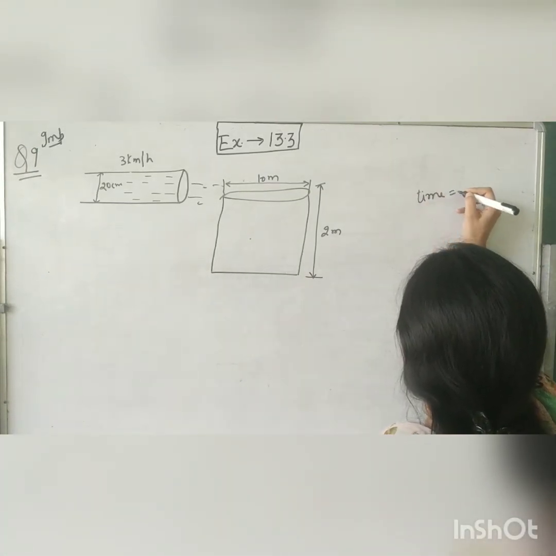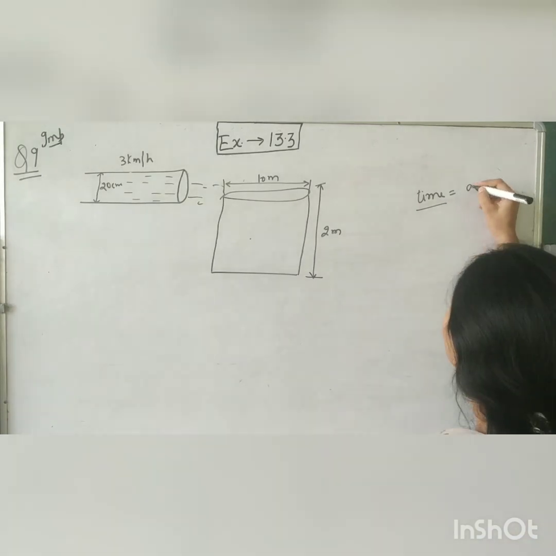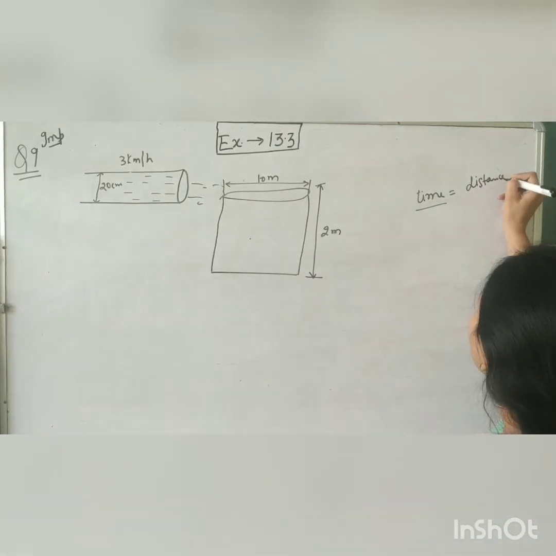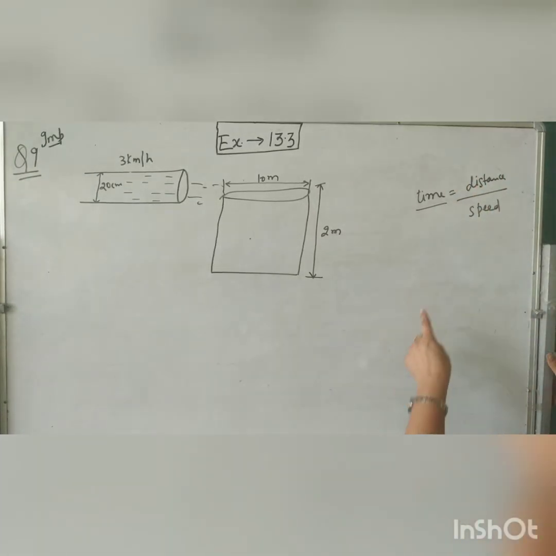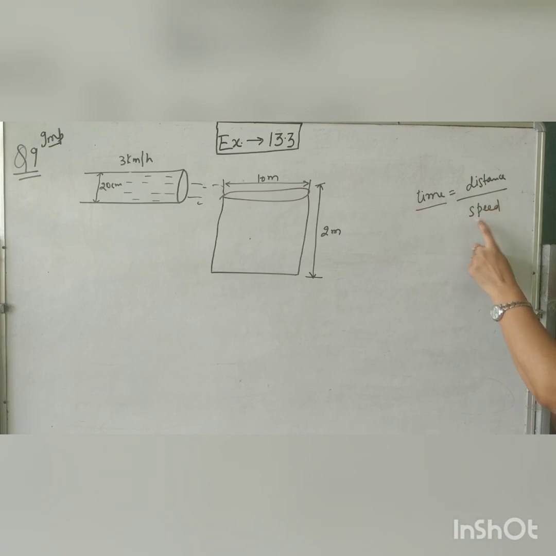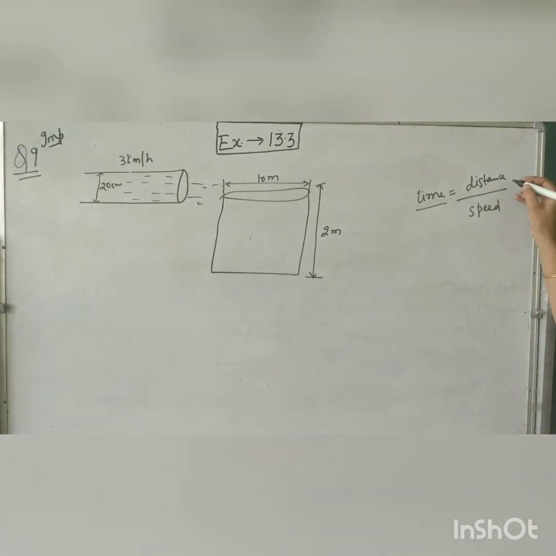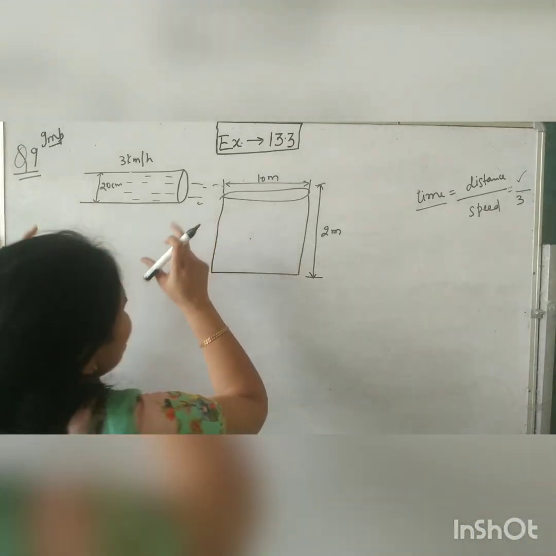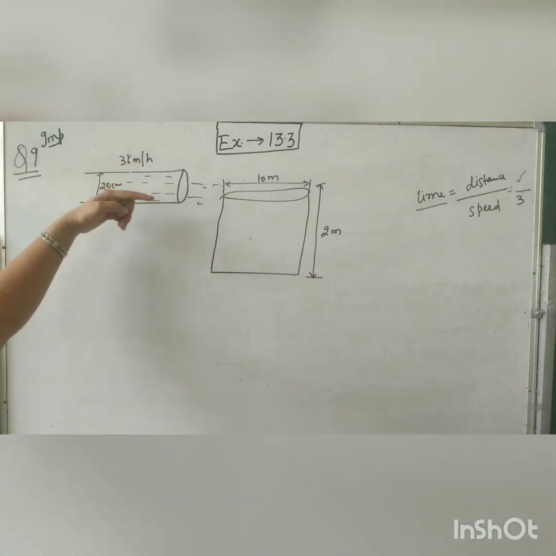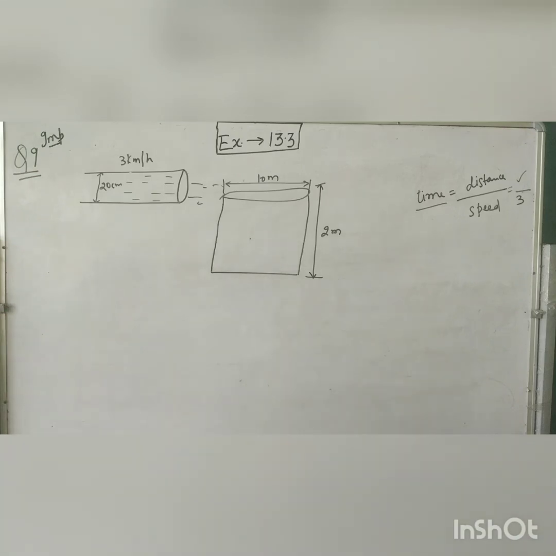Here, for this, we should know distance and speed, because this is the relation between them. Time is equal to distance upon speed. Okay? Speed is given 3 km per hour. Okay? Means speed क्या है हमारी? 3. Now we have to find its distance. कि कितना distance इस pipe का होगा? Pipe is in the form of cylinder, right?